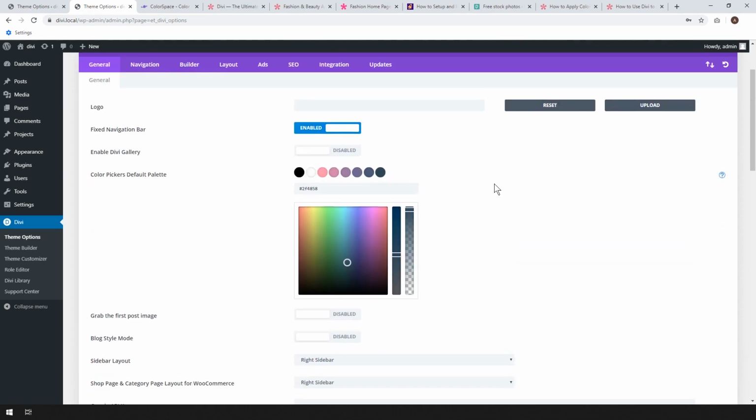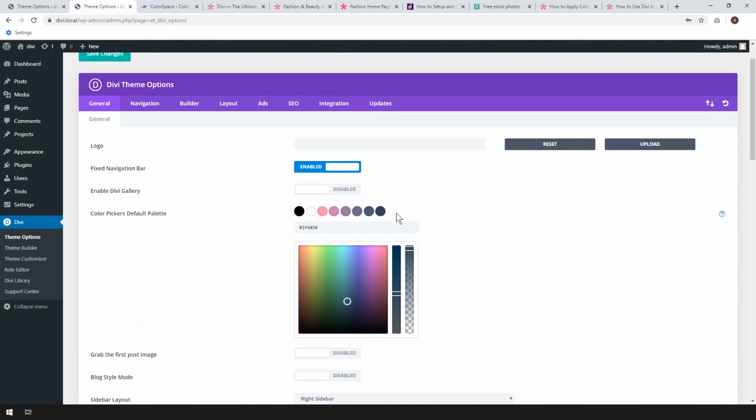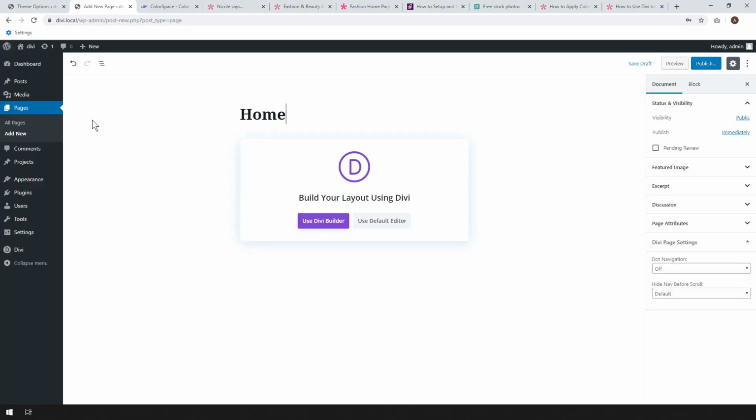So now whenever we build a new page, we'll have all these consistent colors available in our theme builder. So now let's go ahead and start building some pages. I'm going to go to pages and add a new page. Let's build the home page first. I'm going to call it home, and I'm going to hit publish,